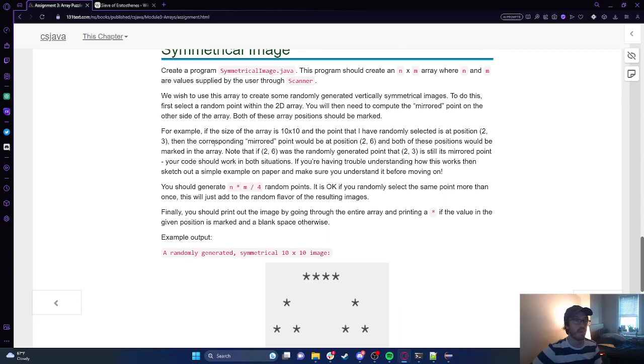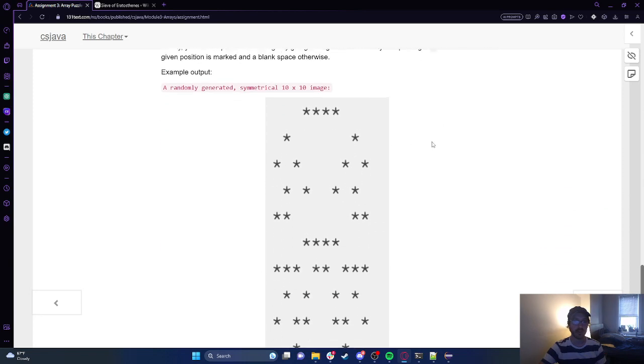And then last, we have a two-dimensional array problem to create a symmetrical image. So we want to find mirrored points. If I pick a point on the left half of my two-dimensional array, how do I find the mirrored point on the right half? You have to think about the size of your array. There's a math equation, essentially, that we can use to determine that mirrored point. And once you figure that out, you can turn it into code, and voila, you'll have a nice little symmetric image generator that can make cool little